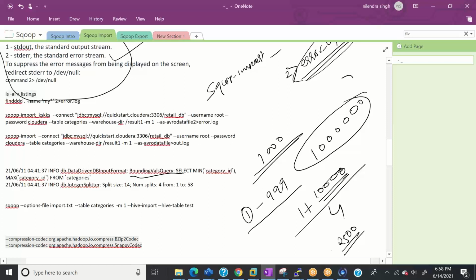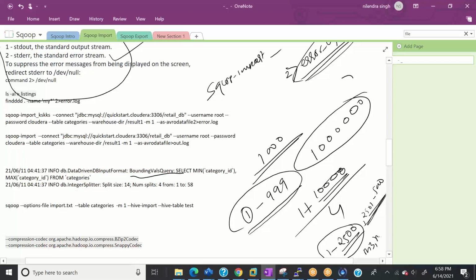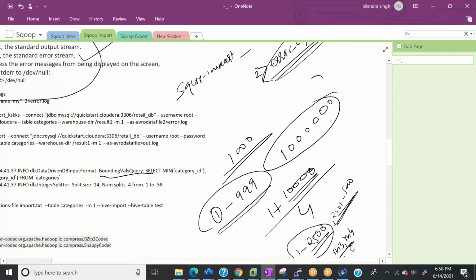So 1 to 2,500 will go to the first mapper, 2,500 to 5,000 will go to the next mapper. But if you see, since we have only 1,000 rows in reality, these two mappers will get all the rows. Mapper 3 and mapper 4 will run empty; although they are using resources, they won't pull anything. And this is what we call outliers, right? This is what we call outliers.